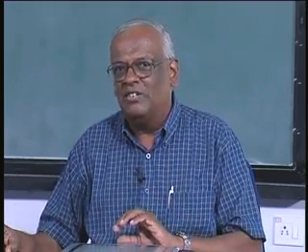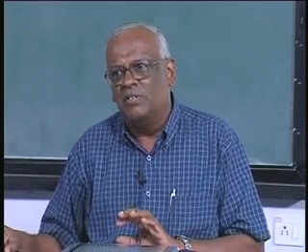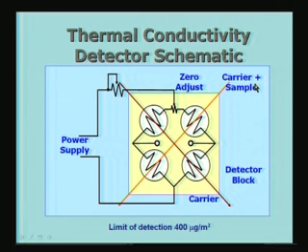It can be otherwise also. If the carrier gas has a low thermal conductivity and the gas you add has higher thermal conductivity, it can be in the other direction. But here we took the case of helium or hydrogen. They have very high thermal conductivity with respect to other gases, and therefore we expect the carrier gas plus the sample to have a lower thermal conductivity,